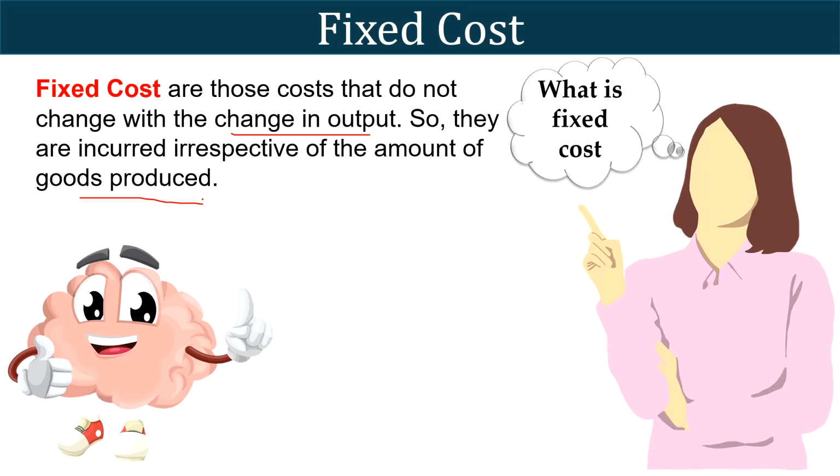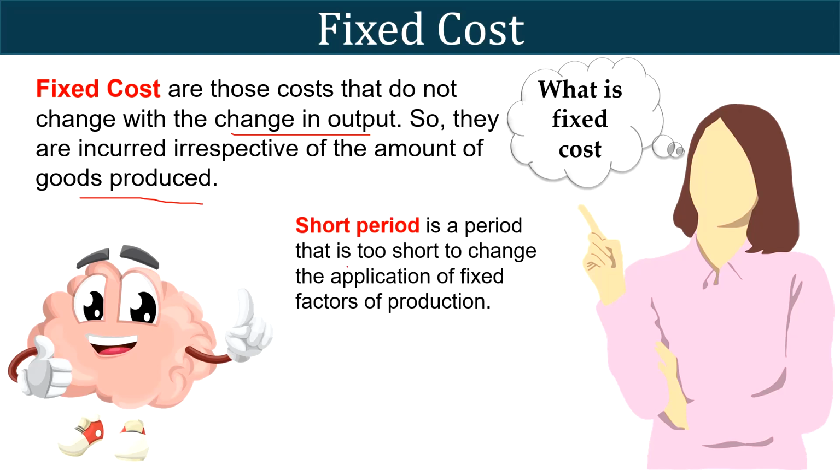So here you must note that the application of fixed cost cannot be changed in the short period. Now you must be wondering what the term short period means here. So short period is a period that is too short to change the application of fixed factors of production, since these factors of production are purchased before the production actually starts. Therefore, fixed cost is concerned with such inputs that do not change with the change in the volume of output